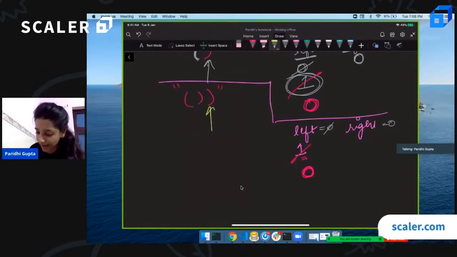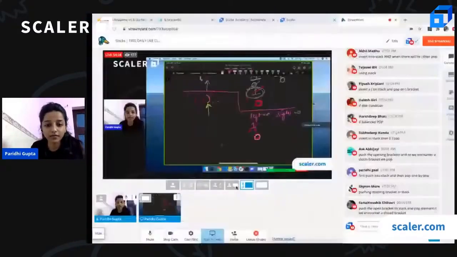This is a closing bracket. So what's the value of left? It's 0. That means there's no opening bracket. In that case, we will simply return that it's invalid, because at this point there is no use to move any further, as this closing bracket does not have a matching opening bracket. So we can simply return from here. Does that make sense to everyone?